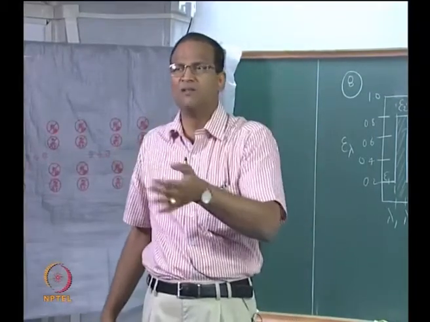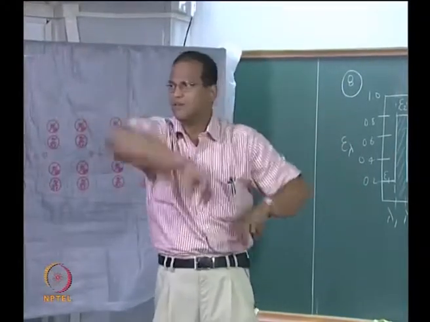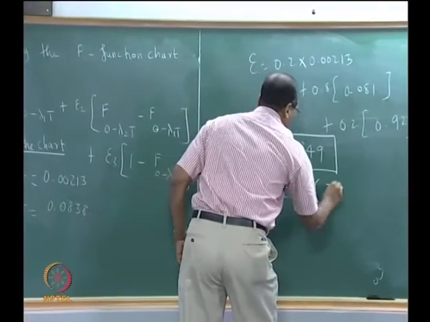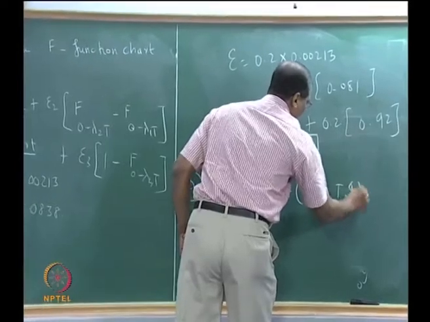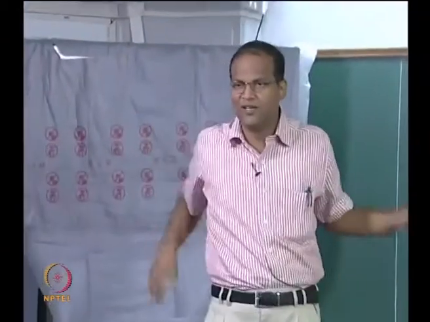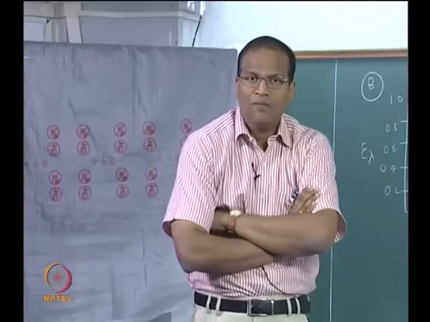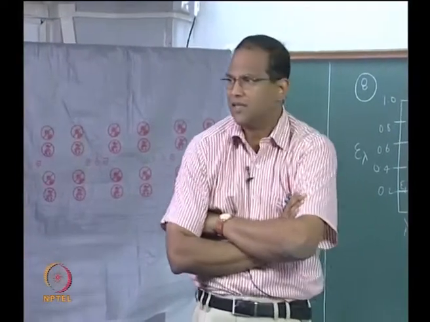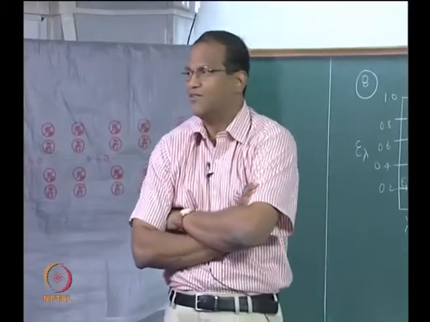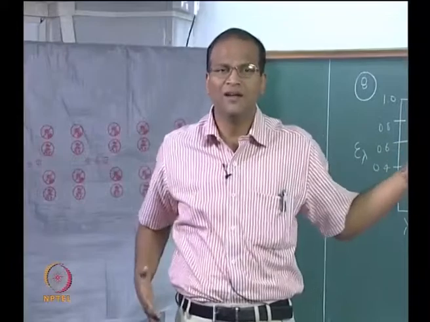I squared R equal to epsilon sigma. I squared R can be written as Q. That Q is what is coming from the supply. Therefore, Q equal to epsilon sigma A. So Vikram will again ask me, how are you putting epsilon outside, T infinity inside? You will have to wait for that story. Okay, assuming that is correct. Now both the filaments are operating at 3000 Kelvin, assuming that the ambient temperature is same for both, and the Stefan Boltzmann constant has to be constant for both the filaments, and the area is also the same. Therefore, the ratio of the power consumption is just the ratio of their emissivities.